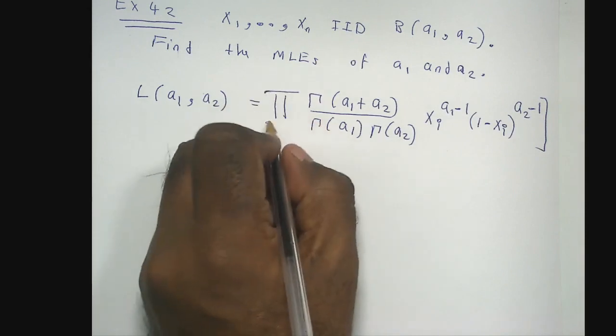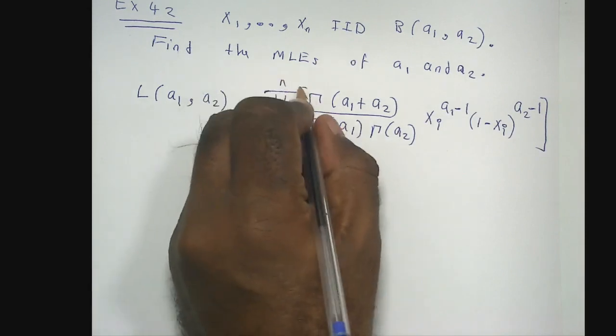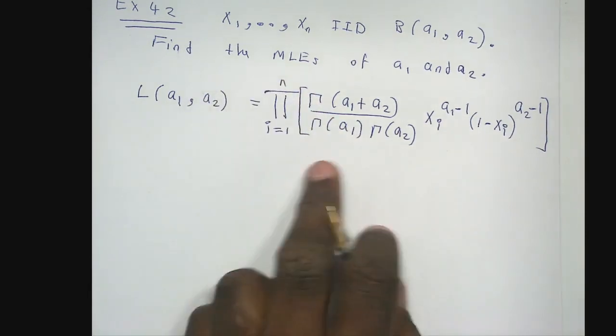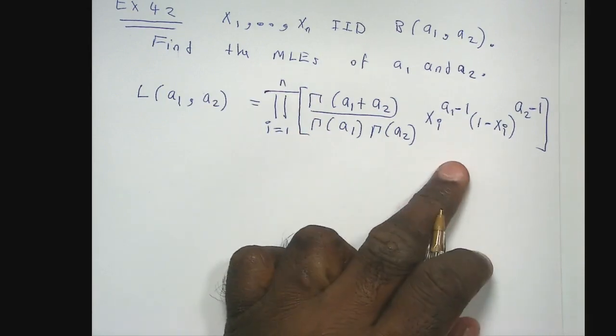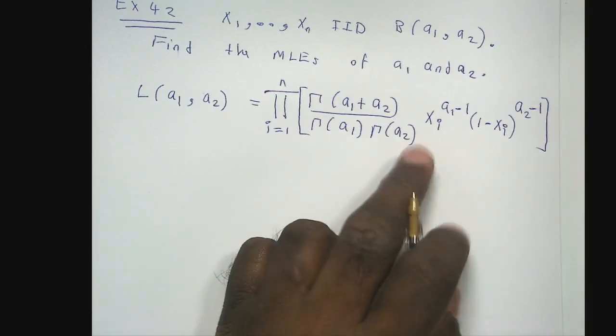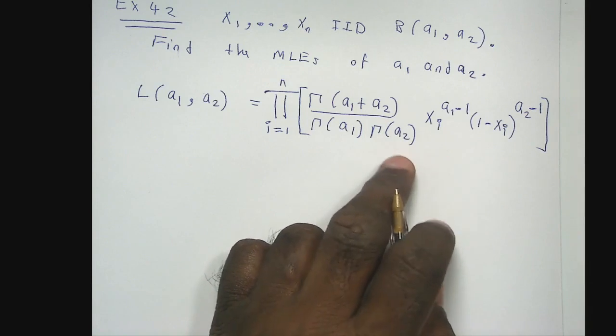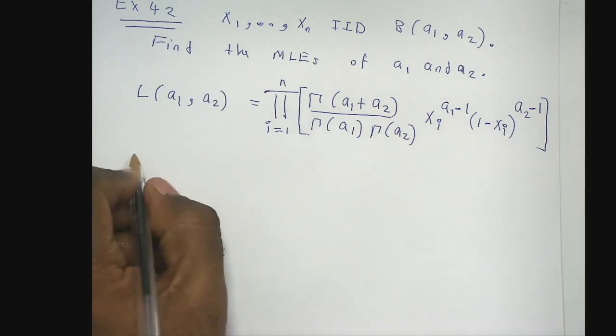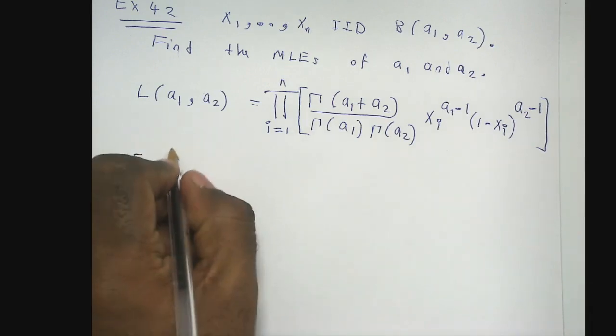I must put the product sign here. This is the product of the density function of the beta distribution, which is this one. If you look at the lecture notes, you will see this formula. Now, if you take the product of this, you have